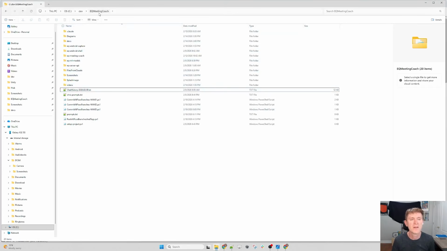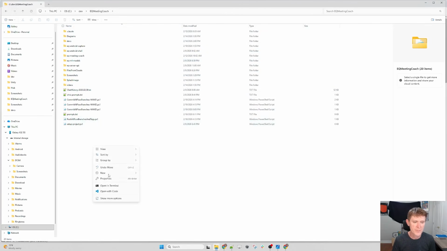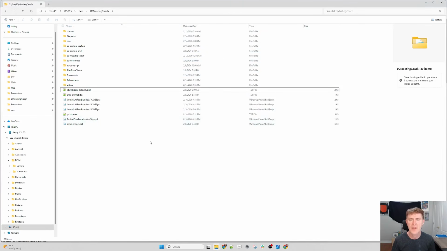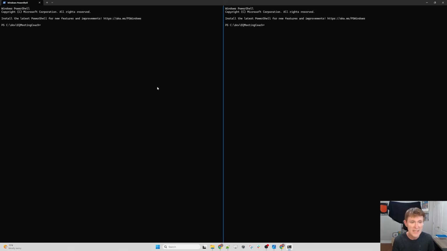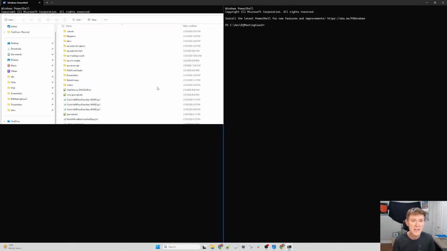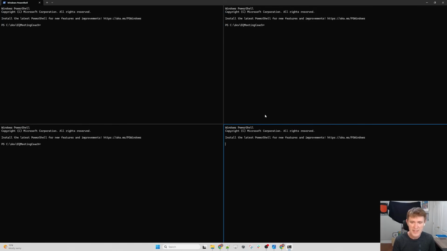So this is my little development directory, EQ Meeting Coach. And basically, I just cracked open a terminal, just a good old PowerShell terminal. Now you can use hotkeys. If you hit Alt Shift plus, you can split the screen into two, which I didn't know about until this exercise, and then Control Shift Alt and minus, and then you can split it into top and bottom. And here, if I've still got them, oh, I do, look at that. So there's all my previous commands.